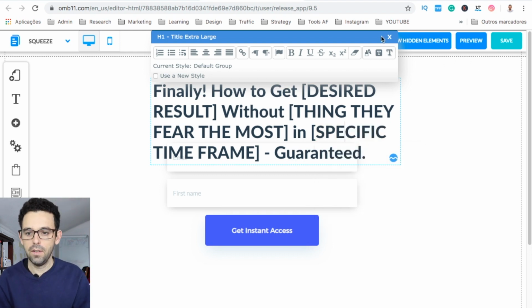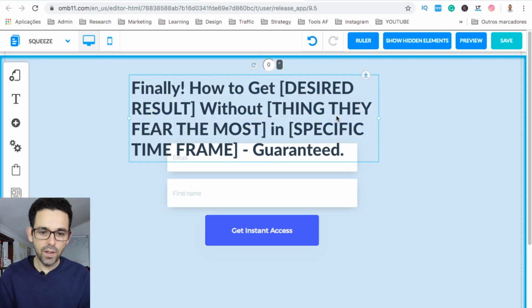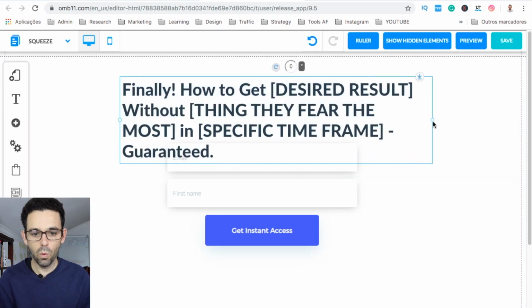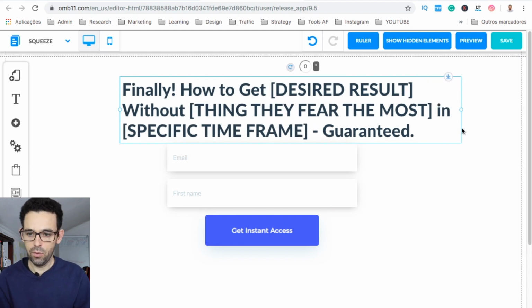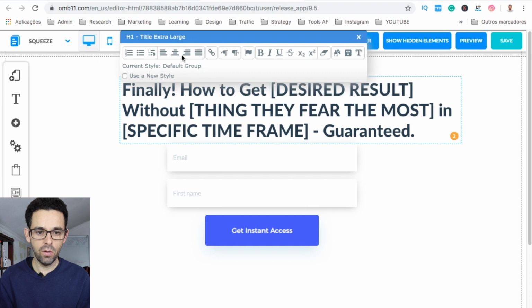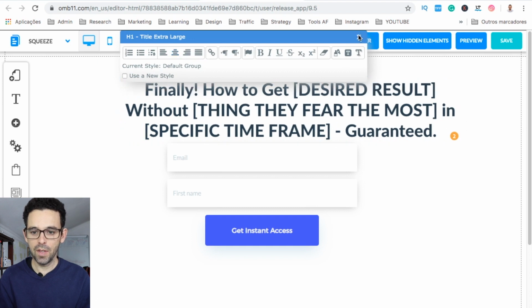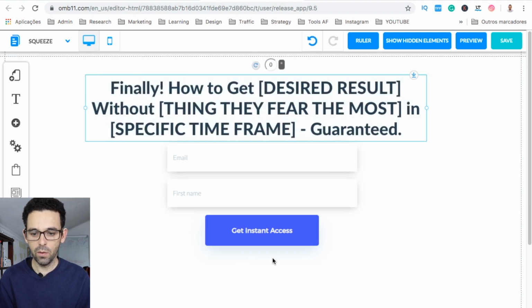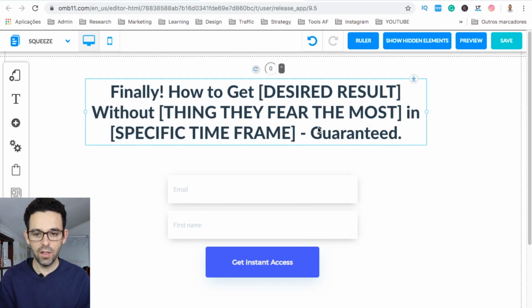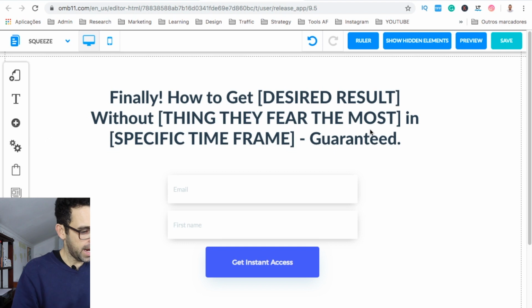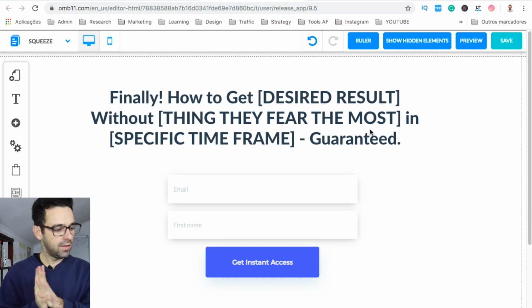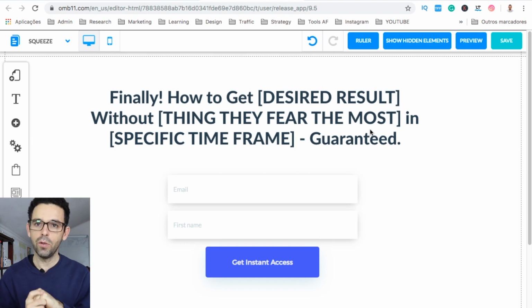Specific. All right, so that's our proven title that works every time, guaranteed. So let me just go ahead and put this text into the middle. This formula right here works every single time. Now, you can go ahead and have an opt-in sub headline. You could go ahead and do that. And you could also have